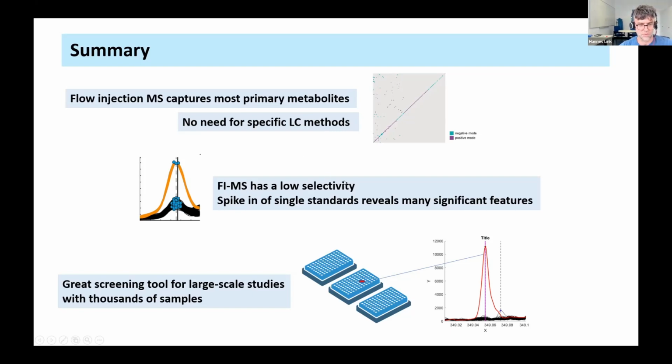You saw that if we use these single spiking standards, we get many additional significantly changed features. Roughly, we can estimate per one true positive, we get one false positive with these methods. So you always have to validate what you see, but still it's a great tool for large-scale studies like the genetic screens that we're trying at the moment, where we aim at thousands of samples in one screen.